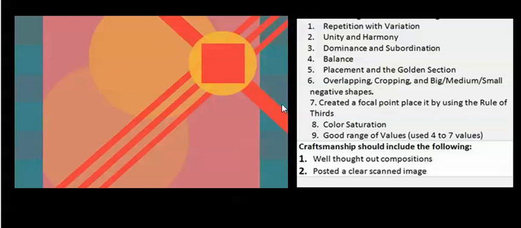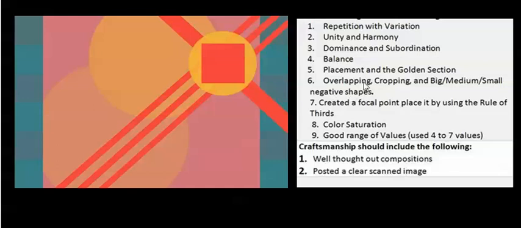This all creates unity and harmony when we have the variation, the repetition of the shapes and the diagonal lines that we have going here. Dominance and subordination, they created that through color saturation. You can see that the most dominant thing right here is the square. Our eyes are also brought to it because it is the only square that's within the composition, and it's very intensified. The more saturated the circles go off into the distance, they become more subordinate and set off into the